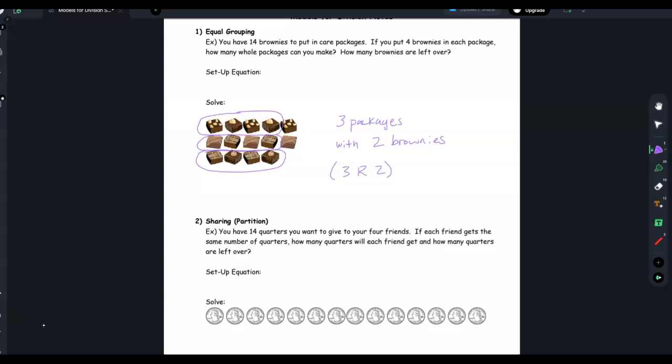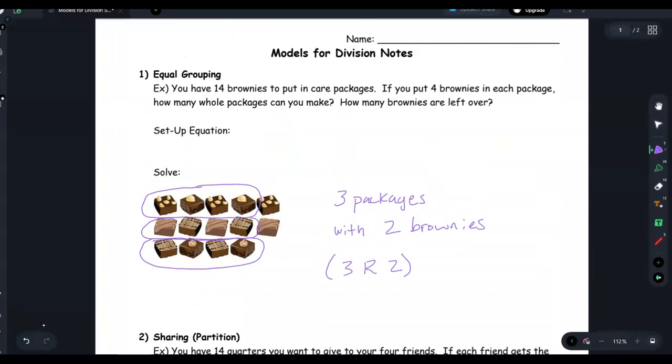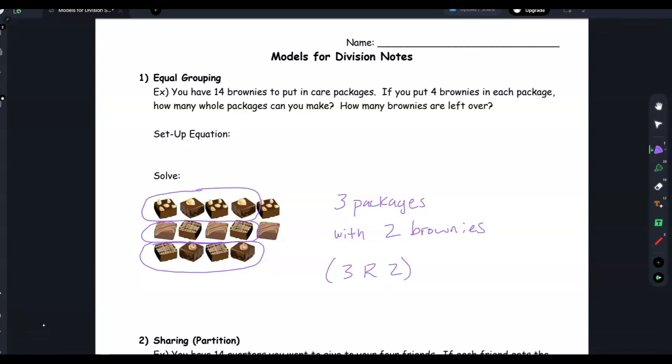So in this problem, we already know that the two different units that are being used are packages and brownies. So when we do a setup equation, even though we may end up using division to solve it, we're always going to set it up as a multiplication setup, right? So I'm going to have some number times some other number equals some total, right? And I've left room here, so I've got blanks for my numbers, but I've left room here for each of the units. And so the one I always like to start with is the second number or the middle number